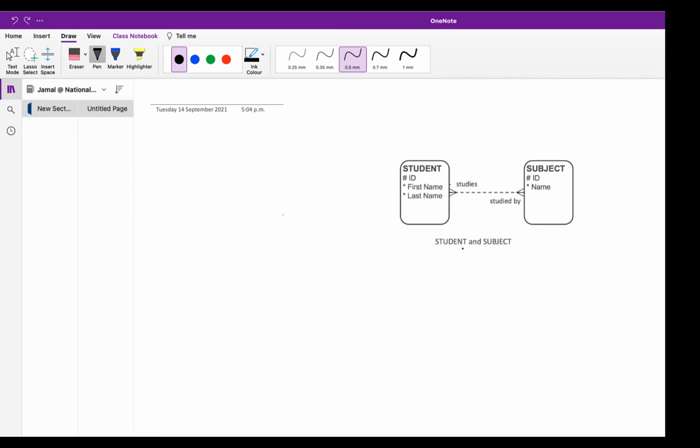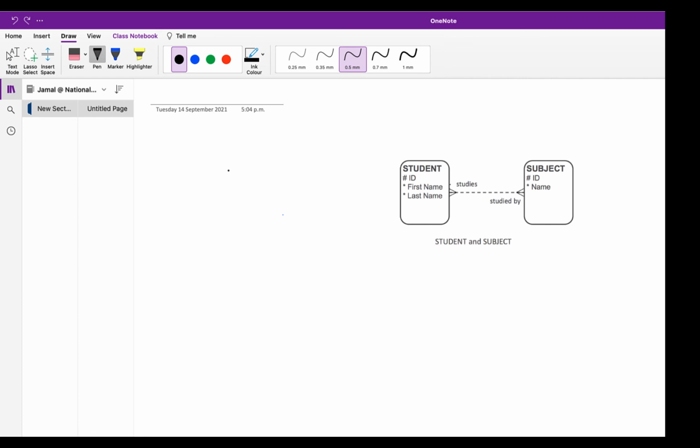So here is only one small example of databases. Remember, if this is a many-to-many relationship, right? If we want to convert this diagram into an actual database, this would be one table of student, and this would be one other table of subject.